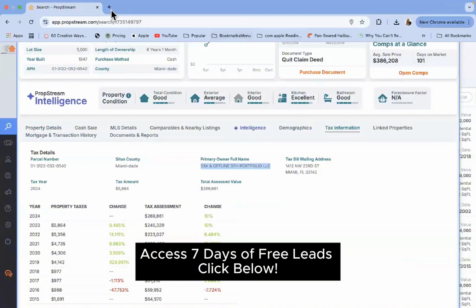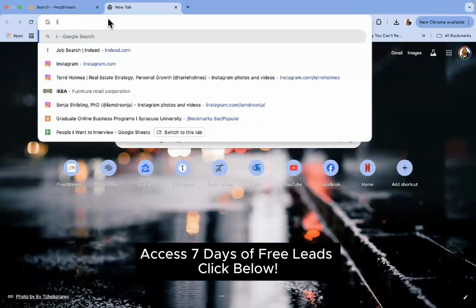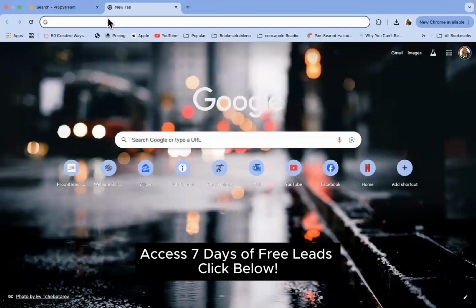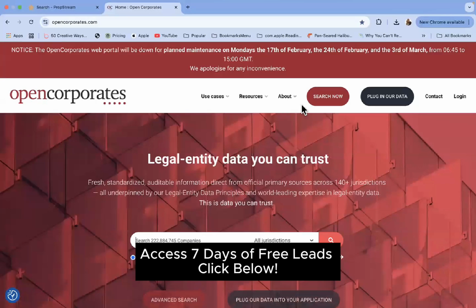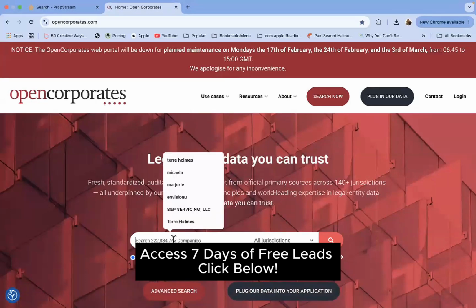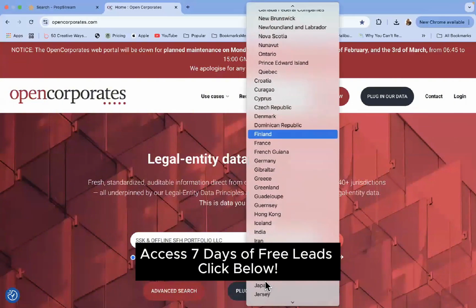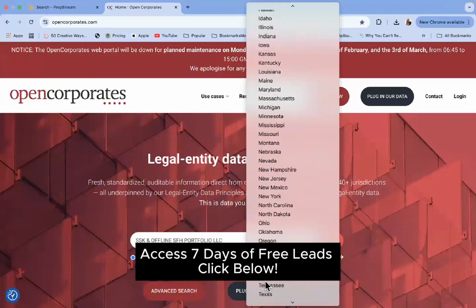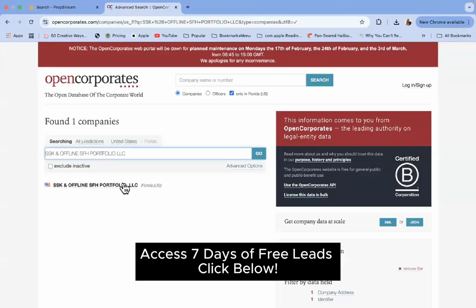name, which is the LLC, open up another tab, and you go to opencorporates.com. Then you're going to go, and we know we're in Miami, so we're going to put that in, and we can literally go to Miami, well, Florida. Click there, and the LLC comes up,